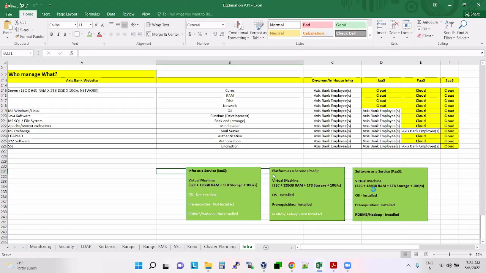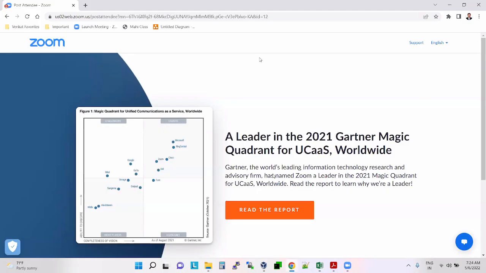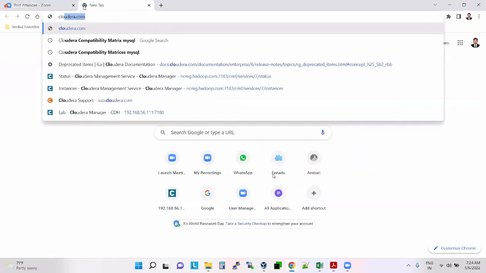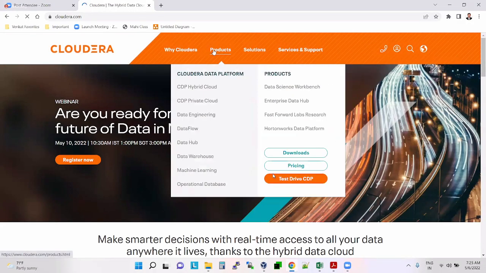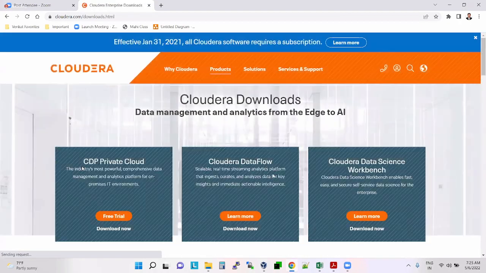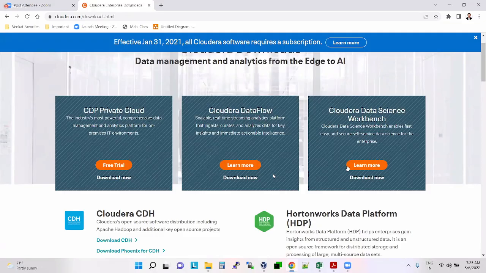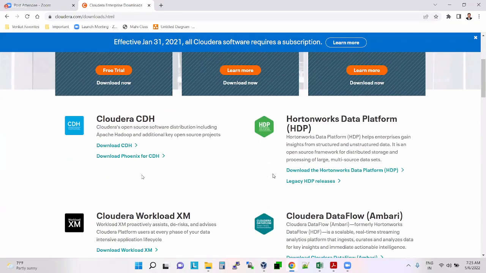If you log into the Cloudera website, somewhere you will have downloads. Data flow, developments, Cloudera CDH, download CDH.